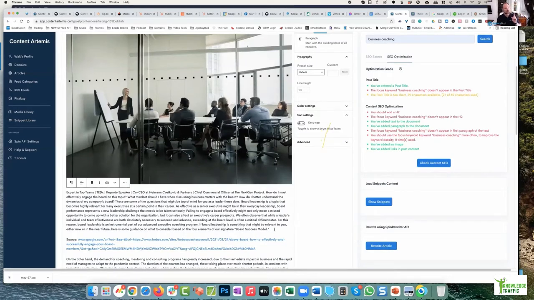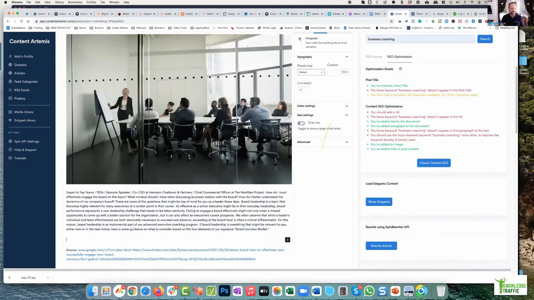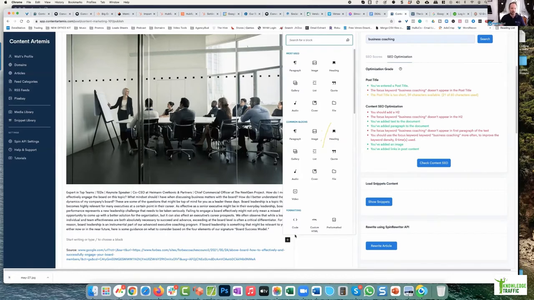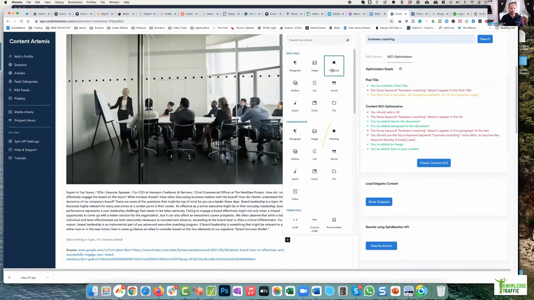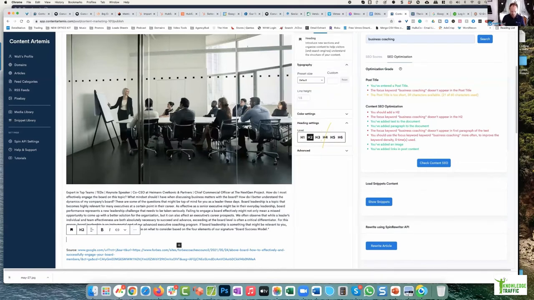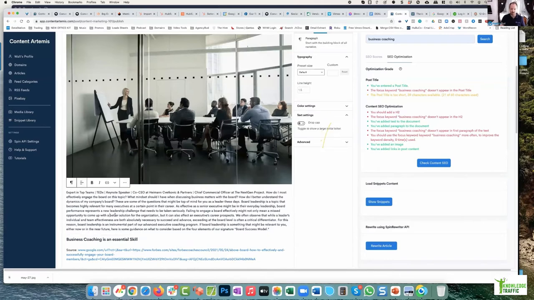Watch what happens here, guys, because this is the human element of creating amazing curated content. As I hit the enter button, I get the option to add all kinds of blocks. I can add in images, paragraphs, headings, block quotes, audios, media files, download links, HTML, literally anything I want to. Okay. So I want to add in a heading right now. All right. So I'm going to add in a heading that says business coaching is an essential skill. Okay. So that we can start to improve our